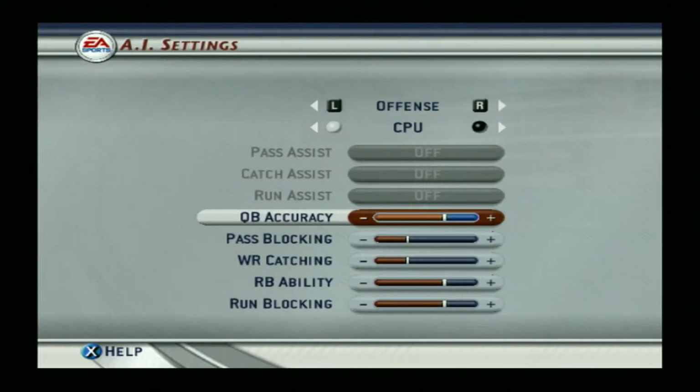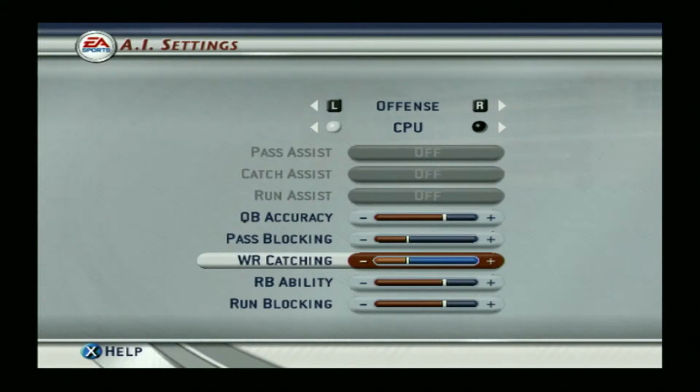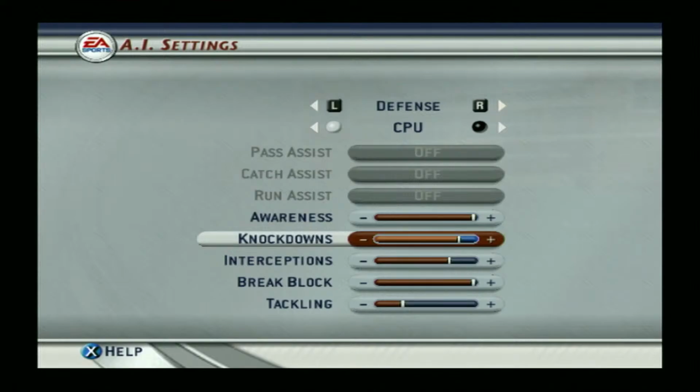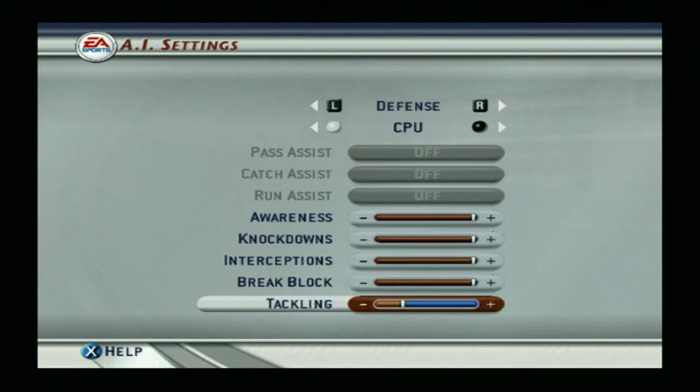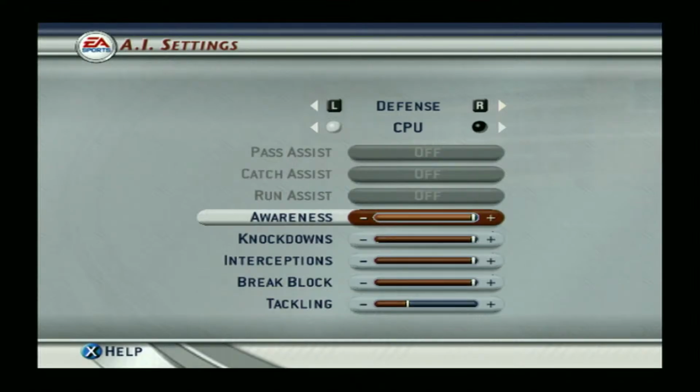And the computer offense, I don't really have that super managed as well as I would like. I'm even considering increasing the wide receiver catching and all that. These were recommended settings I got from Operation Sports that I've been managing and manipulating. One of the things I also wanted to do is increase those to 100%, all the way up there. That's a rating that I wanted to do.